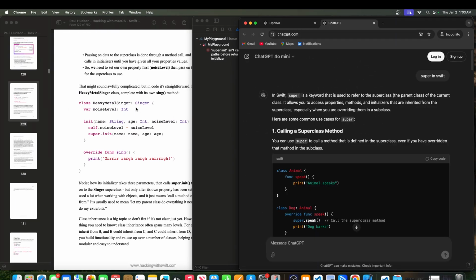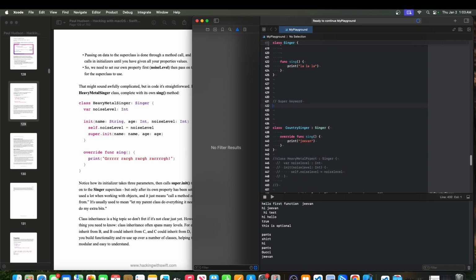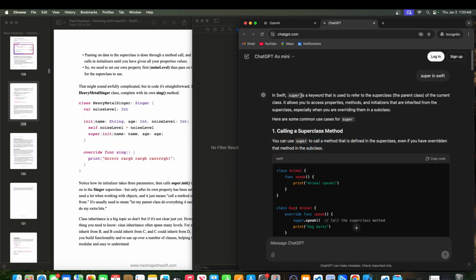So let's first, before initializing anything, have this commented for the timeline. With the super keyword, what does it do? The super keyword can call the parent. It is used to refer to the parent class of the current class. It allows you to access. Okay,